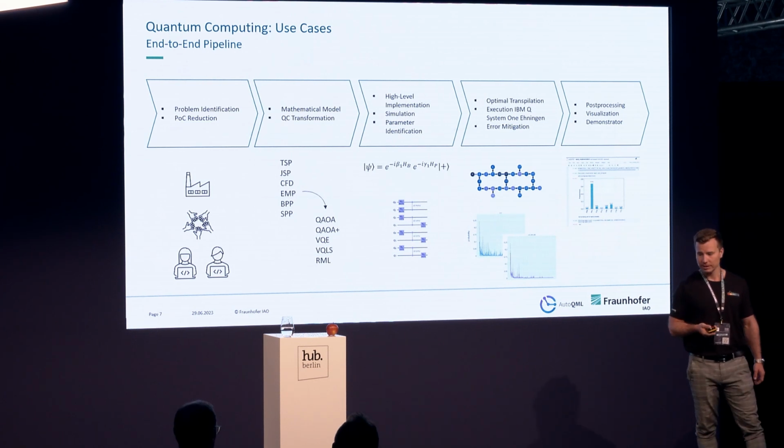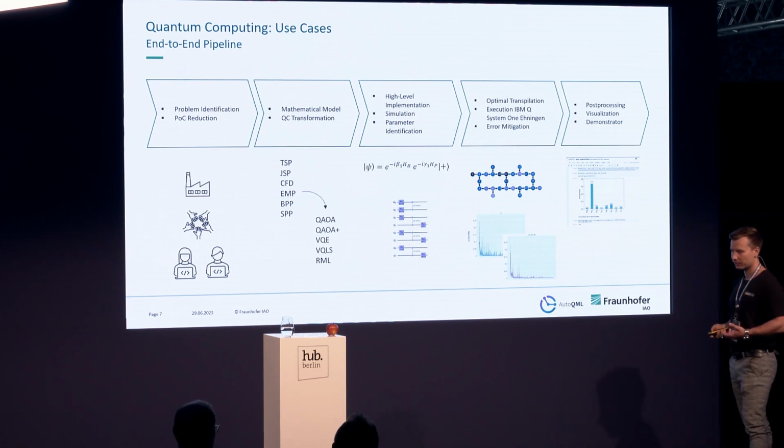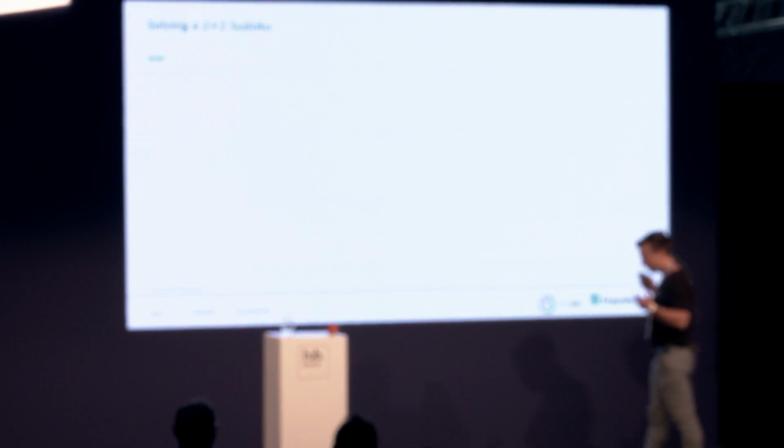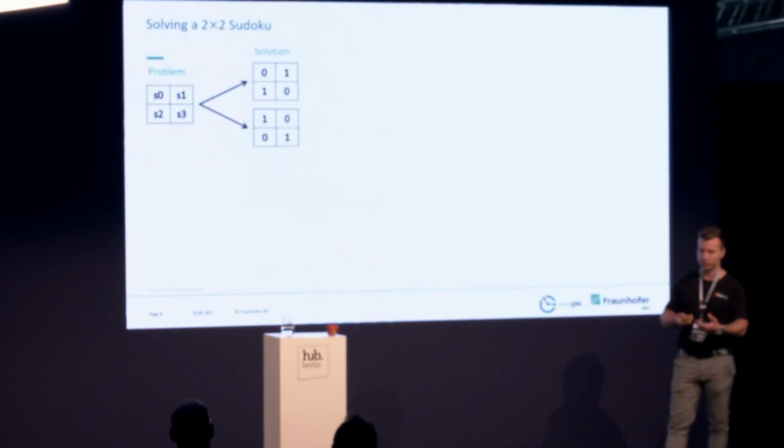So how does a POC look like? Only that you get a feeling of quantum computing. If you have an n cross n Sudoku, better solve a 2 cross 2 Sudoku first. And if you understand this, you can solve everything. And that's more or less the same with a logistic use case, as I said, a small route or a small